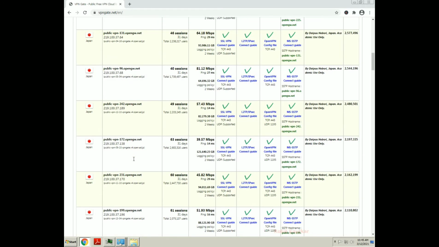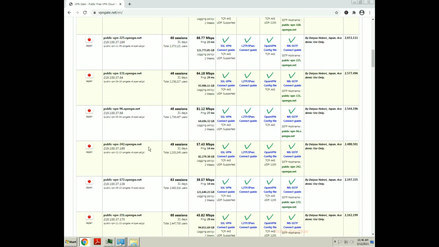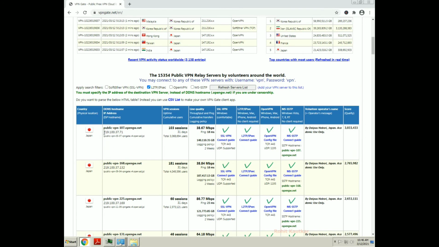If you consider, suppose, this server, its name will be public VPN 221.opengw.net, and exactly below that you will find the IP address of that server. You can use the server name or IP address for establishing the connection.